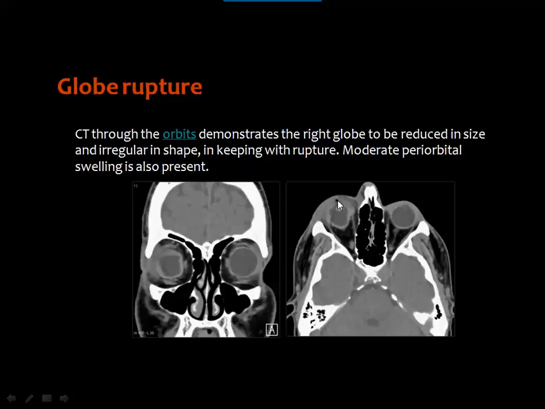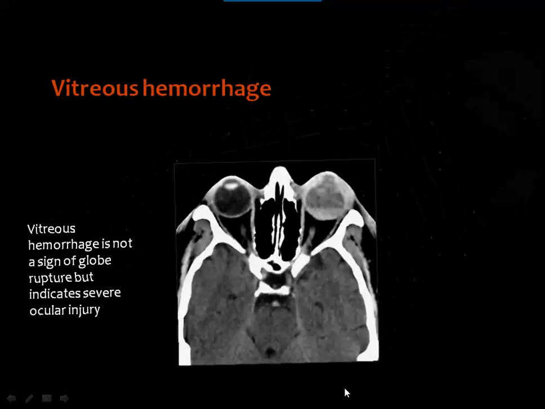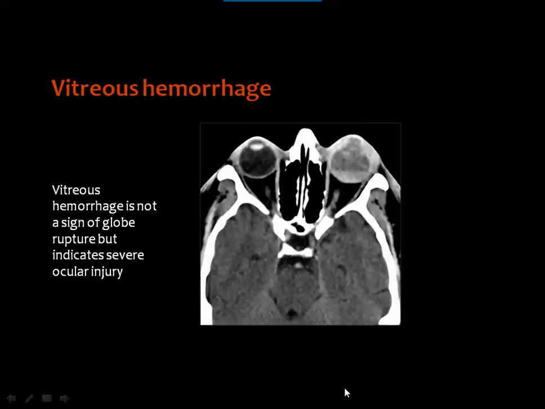This air is entrapped between the eyelid and the anterior aspect of the globe. Then if there is an intraocular foreign body, this means that the globe has been ruptured, and you see intraocular hemorrhage and some thickening of the orbital walls. It is worth mentioning that